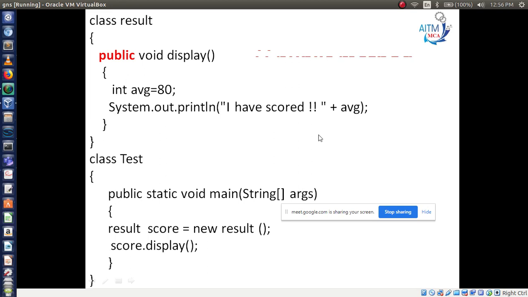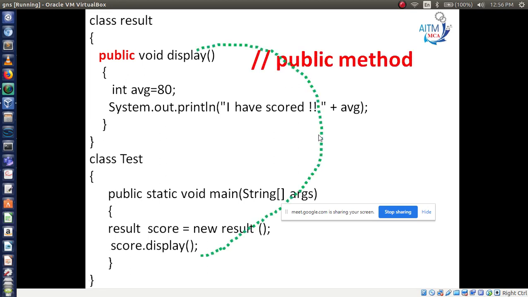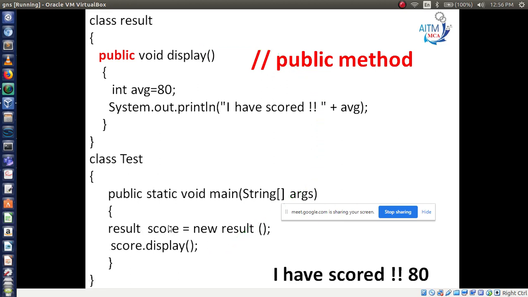You will get the output like this, right? Here you are calling the display method in main, with the help of the reference variable score. So you will have the output: I have scored 80. Now this is about public.